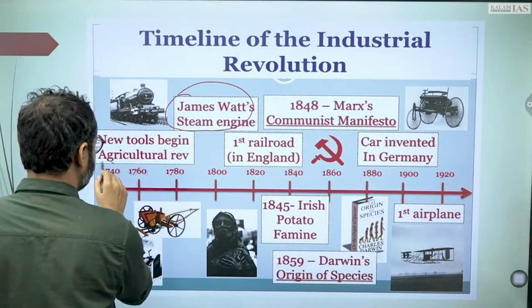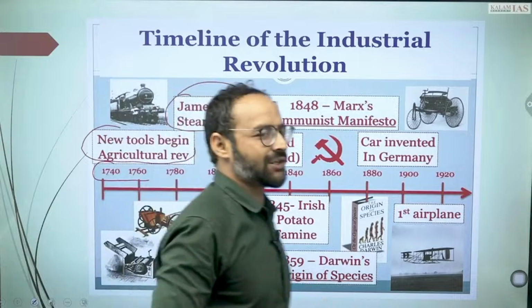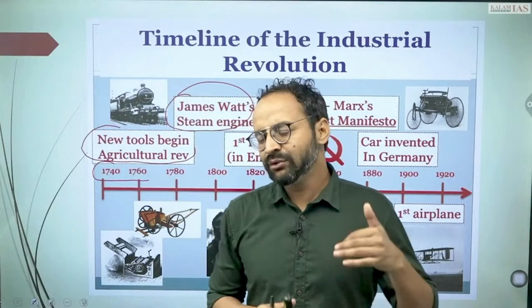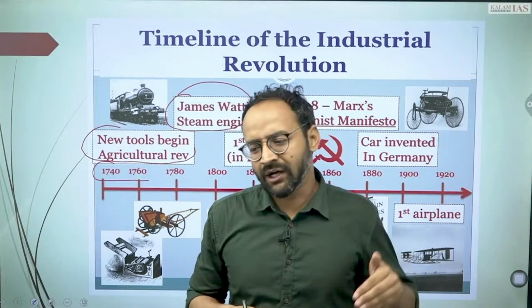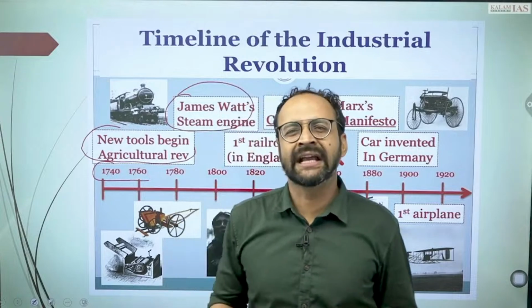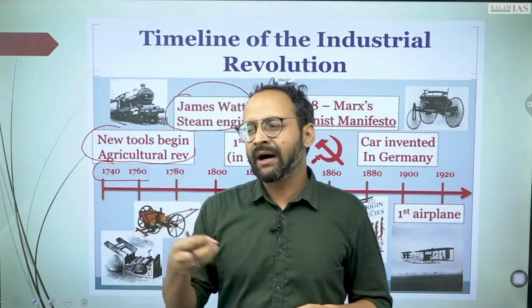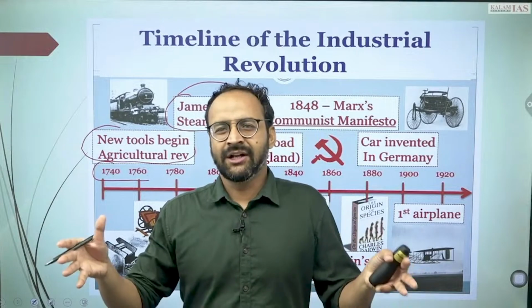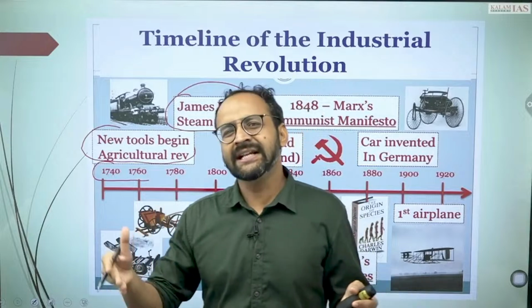in the 1740s, 1760s, new tools for agricultural production were coming up. Mind you, if you look at Indian history also, there we see that the technology of gunpowder, the technology of the sickle or hoe played a very important role in the evolution of agriculture, even in India. Earlier, we used to use the wooden plow, but when iron came, it increased production a lot. Then the Mahajanapadas came in the 5th, 4th, 3rd century.